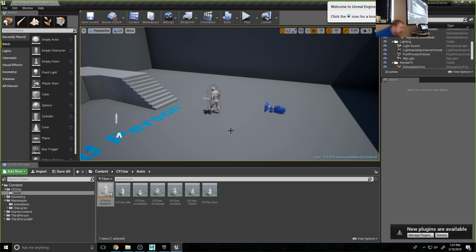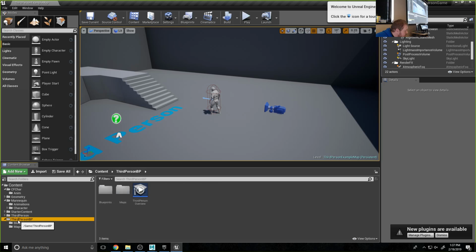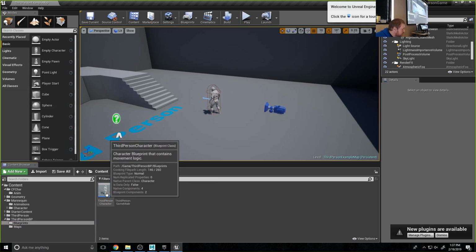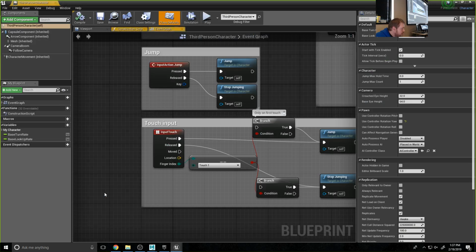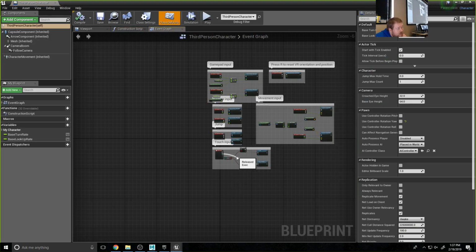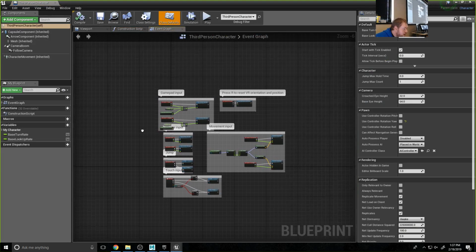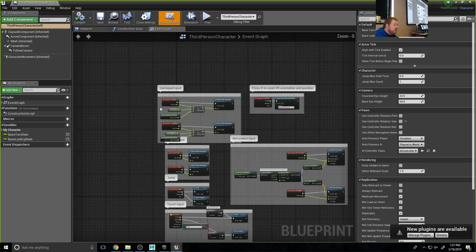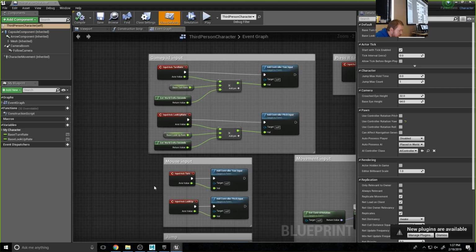So to do that, I can go in here to my third person BP, I think it is, at the bottom. Find it. Yeah, so if I go all the way to third person BP and this third person character and double click on that, now we're going to get a whole bunch of other things in here too, right? A couple of them are, this is like what is making our character move. So for example, our mouse input, this little section is how it knows to look around when I move